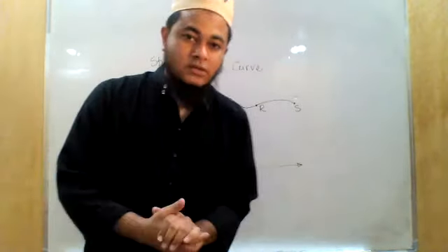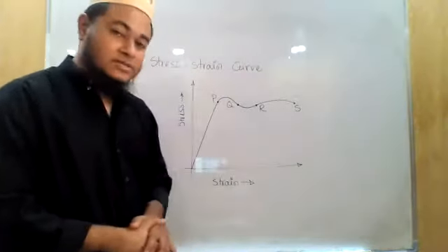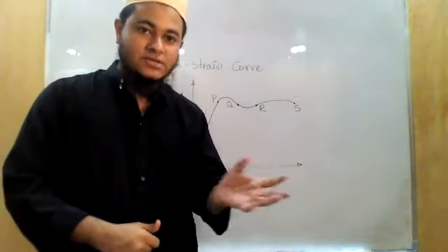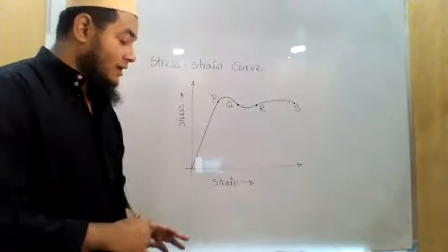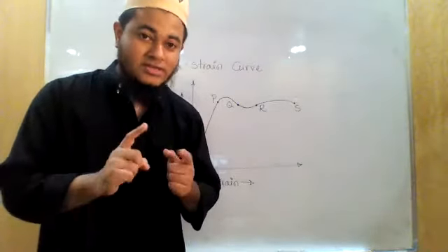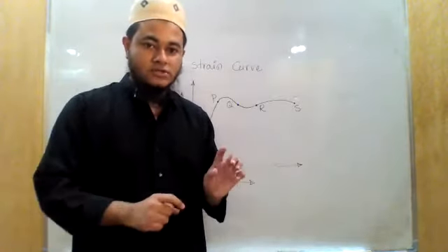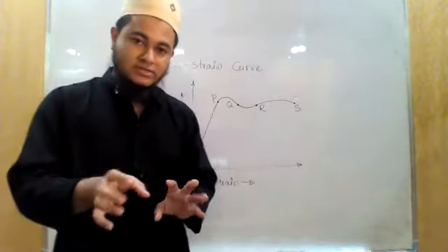Now we are going to start. The topic is stress versus strain curve, inshallah. In the last class, we already got to know what a stress and what a strain is. We also got to know that they are proportional to each other within the elastic limit, right? According to Hooke's law, stress is proportional to strain, or we can say strain is proportional